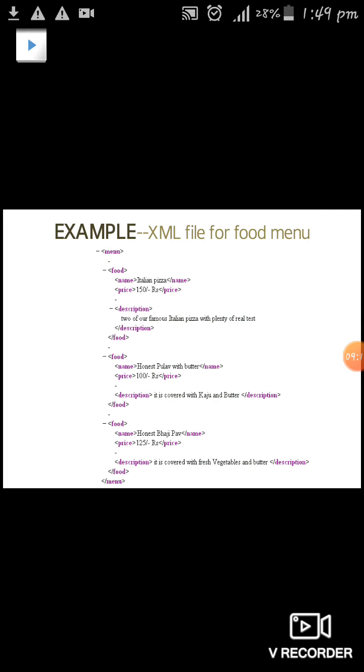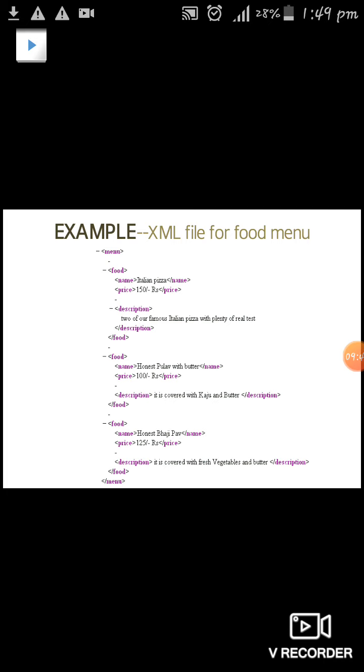Next we have a subtag called food. Inside the subtag, we have elements called name and price. Again, we have a description. So inside the food tag, we have three elements called name, price and description. Again, the food tag is closed.